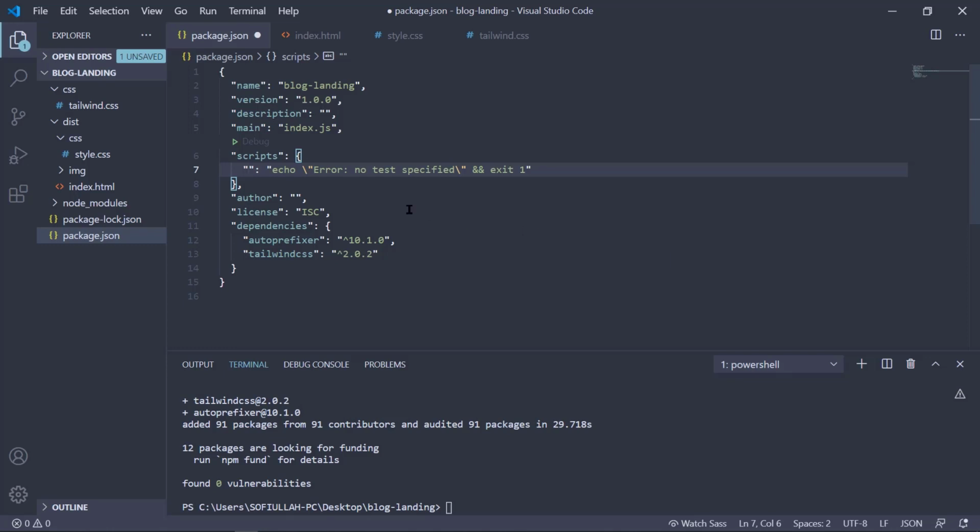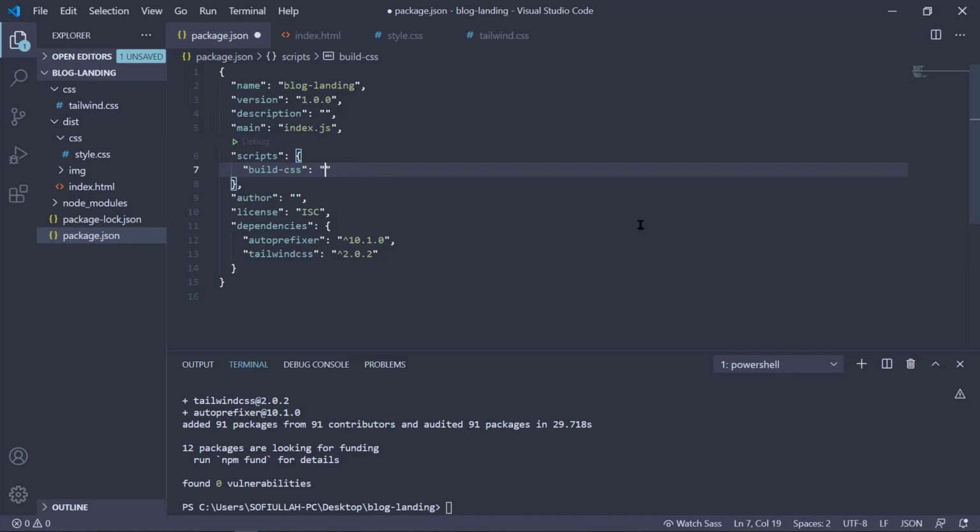So in this case, let's delete all of this. Now we need to create a command, and in the case of JSON files we cannot use single quotation marks. We always need to use double quotation marks. Now we can give this command a name, whatever you want, and in my case I am going to name it build-css. This is the command, and what it does is compile all of this from this Tailwind CSS to this style.css.